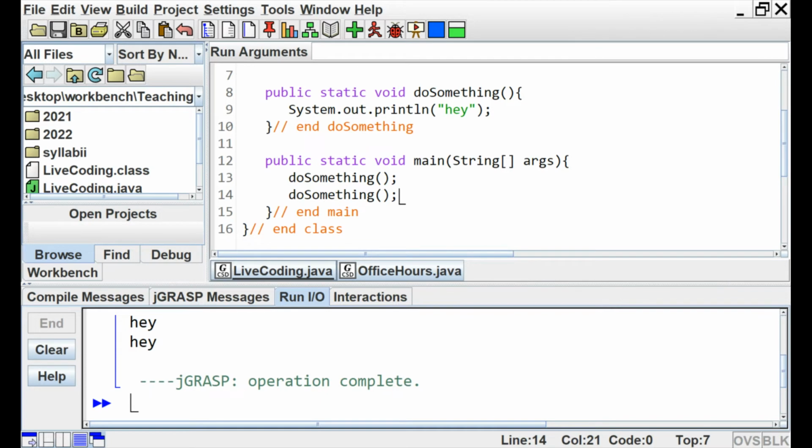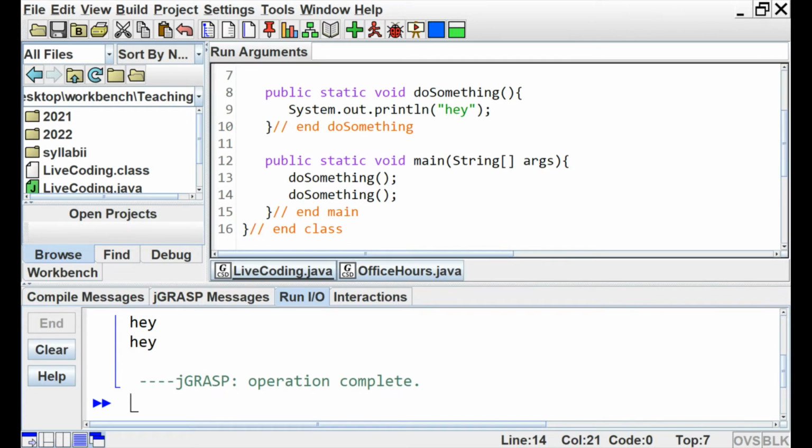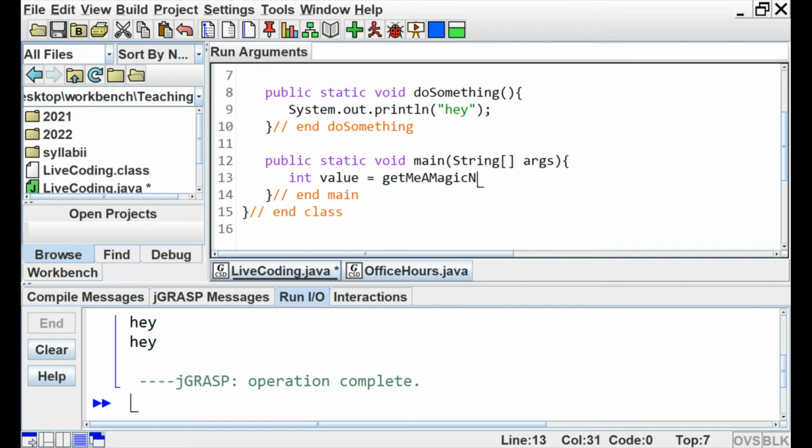So what I would like to do is, for example, write a method here. I'm going to keep do something like it is so that you have an example of that one. And then I'm going to say, well, I want another method, and that method is going to be int value equal get me a magic number. The goal of that method is just to return a magic number, whatever that means, okay? It's going to return a number, and the way I use the method, the way I call it